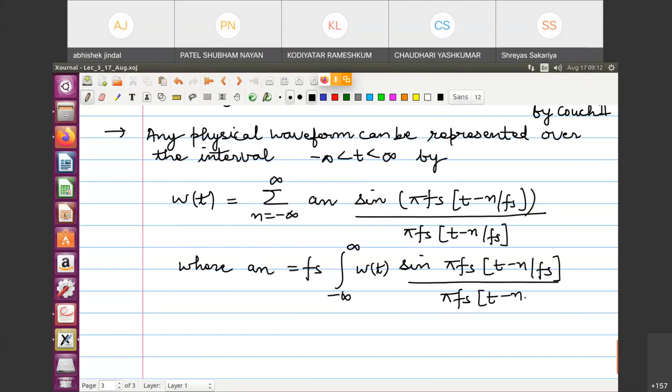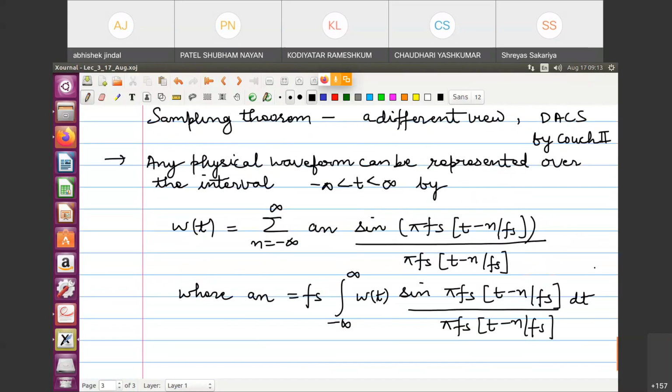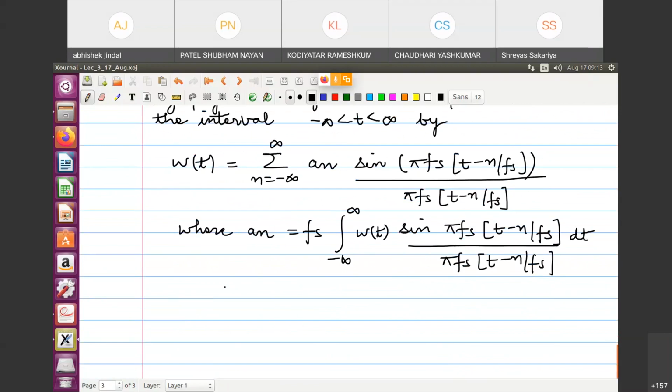Let us write down the result first, and then we will discuss. And f_s is a parameter